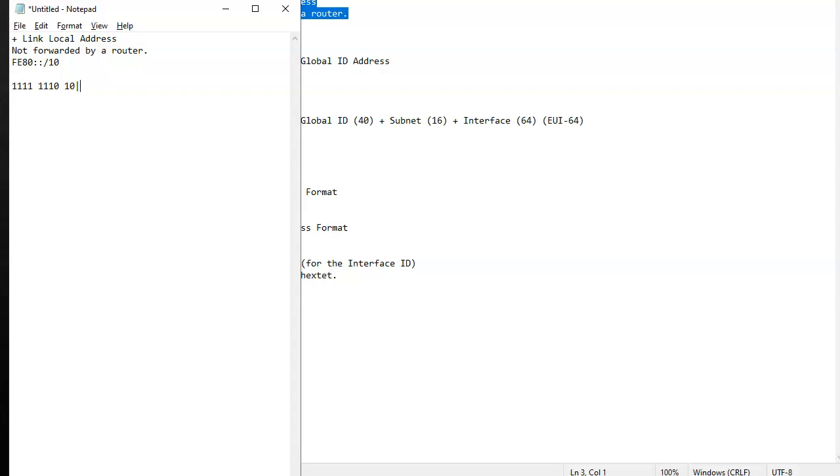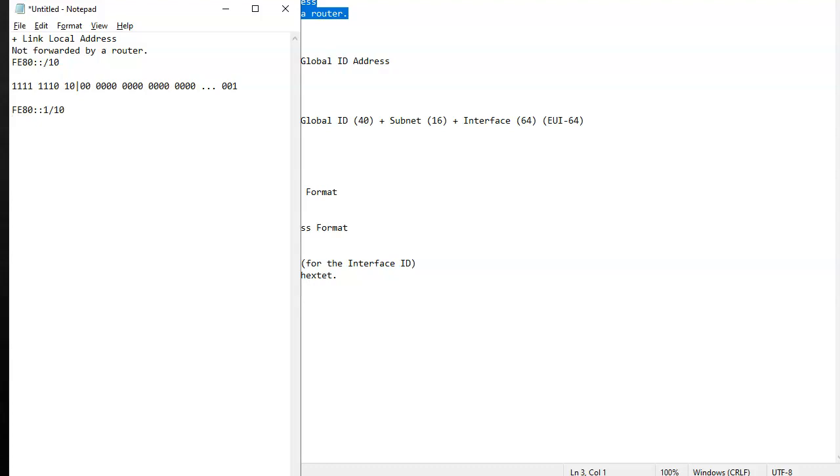Now the rest of these bits, I can keep going all the way to 128. And so if I put a 1 there, then I end up with FE80::1/10.